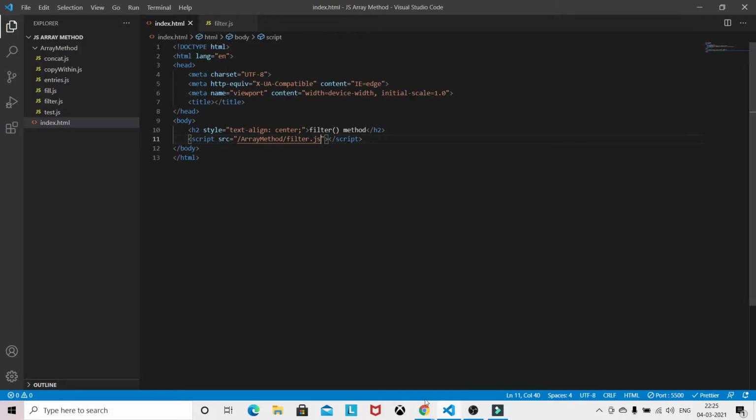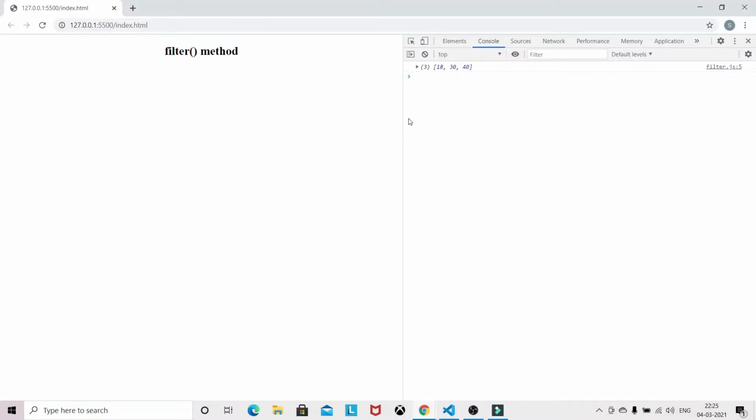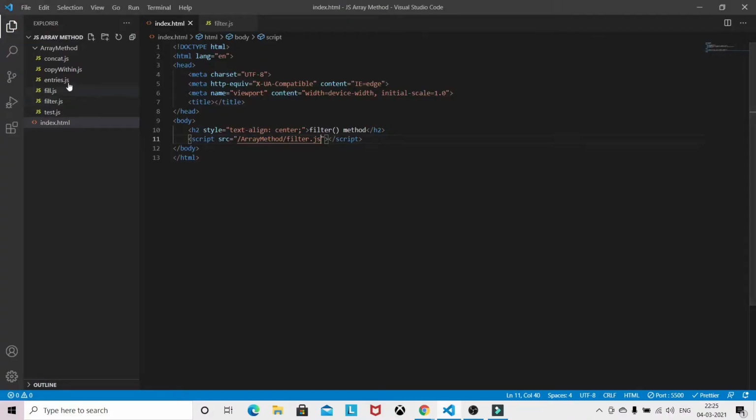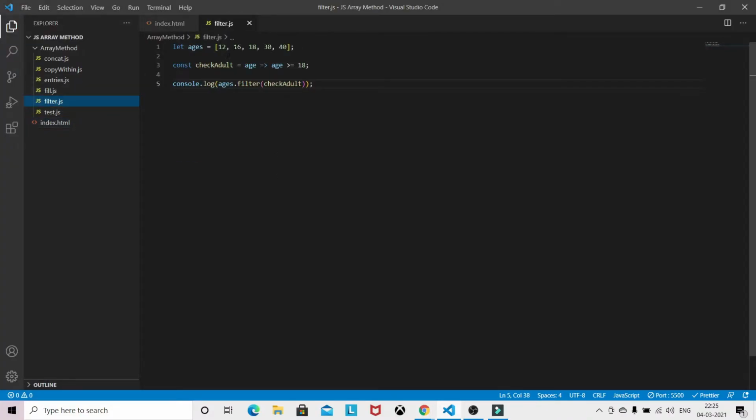Now we will see the result. Yes, we have got all the adult ages like 18, 13, 40, and this value got filtered out. So this is one of the basic examples of filter.